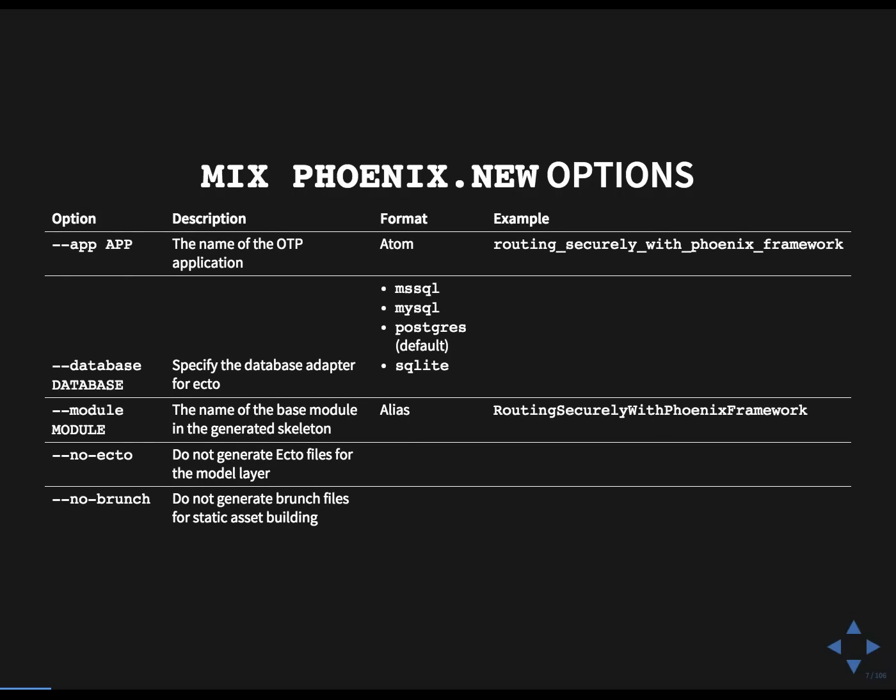By default, phoenix.new will use Ecto with Postgres. Ecto is not really the ORM because it's not an object mapper, but sort of like the Active Record equivalent. If you prefer a different database, you can override that with --database. If you don't need a database at all, you can disable Ecto with --no-ecto. Even if you need a database, you can still create the project without Ecto if you want to use